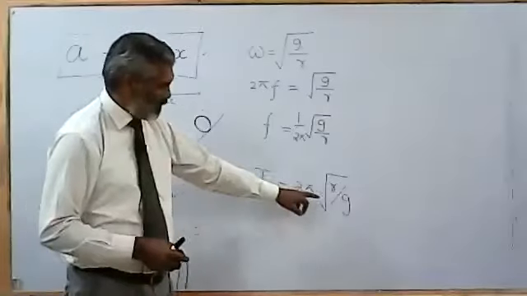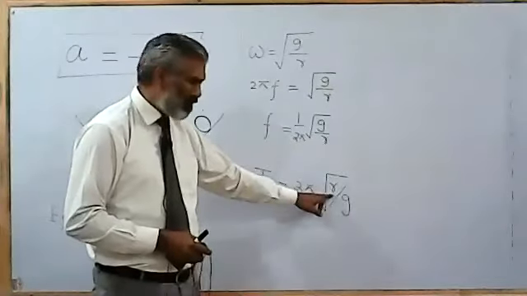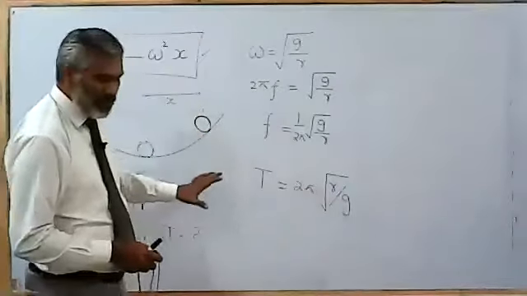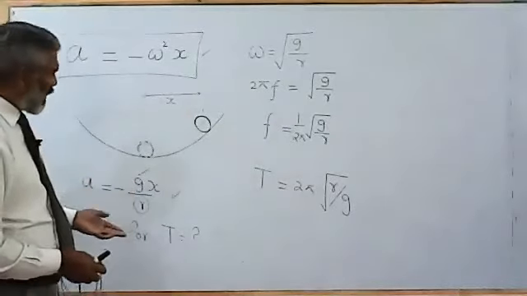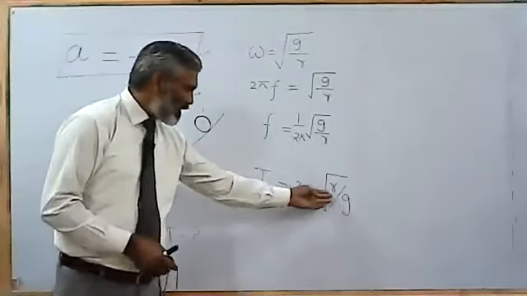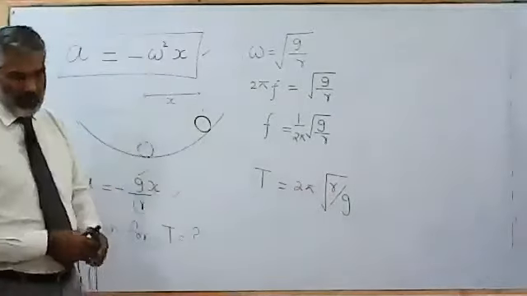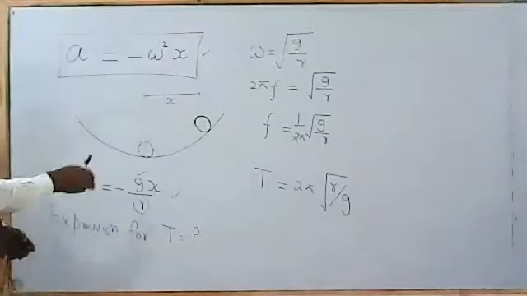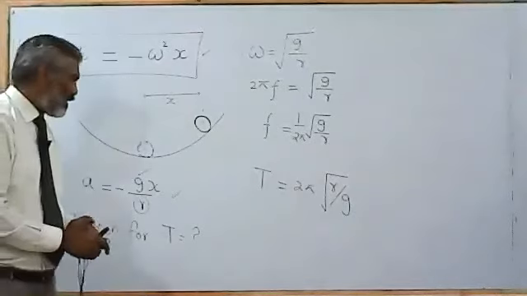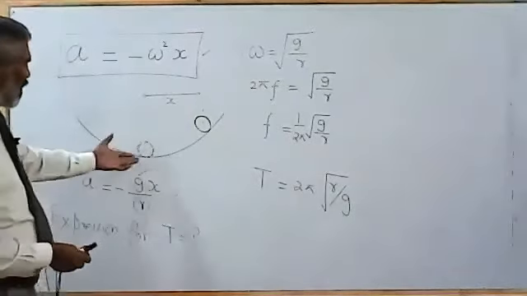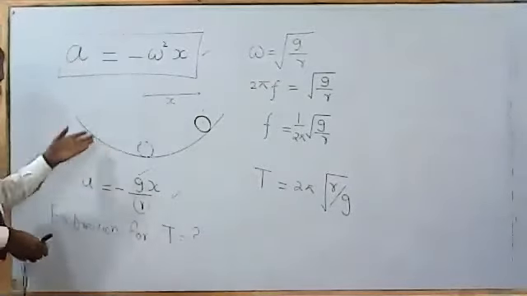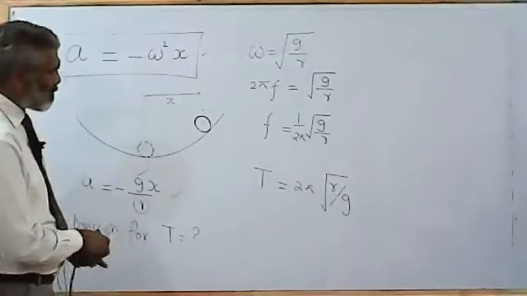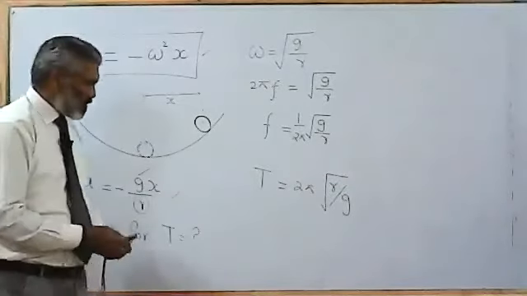It was the length of the pendulum here, if you remember, and the rest of the expression was the same. So if they give us the values of radius, it is easy to calculate the value of the time period of the oscillating system of this type, in which a circular object is oscillating on a curved surface. So this is one